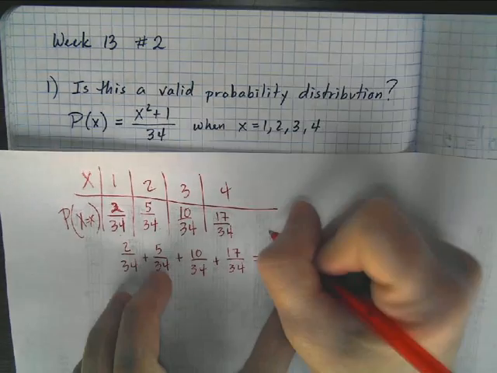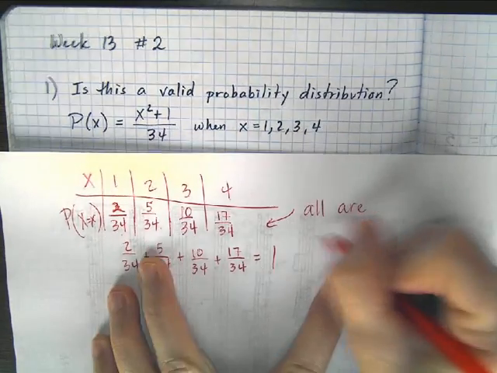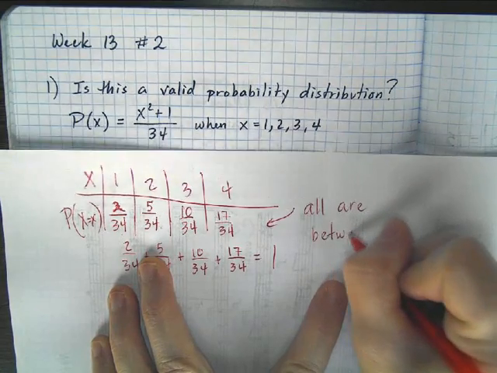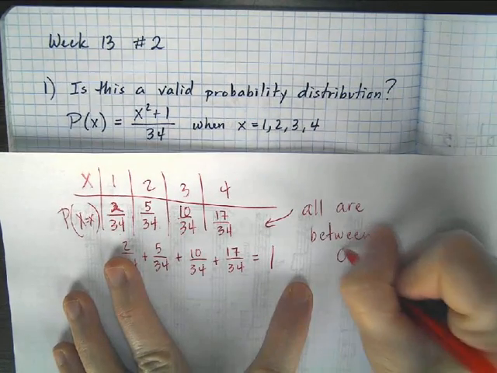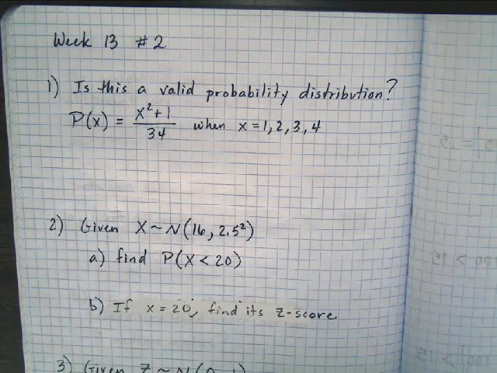Okay, so all are between 0 and 1. Okay? All right. Next,